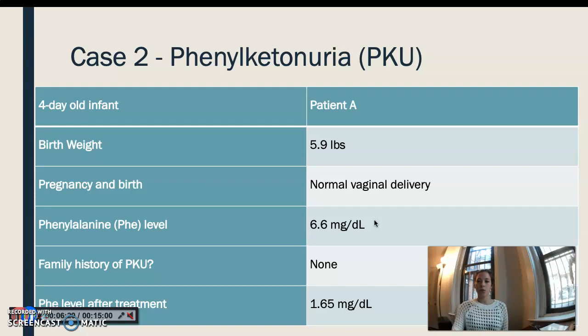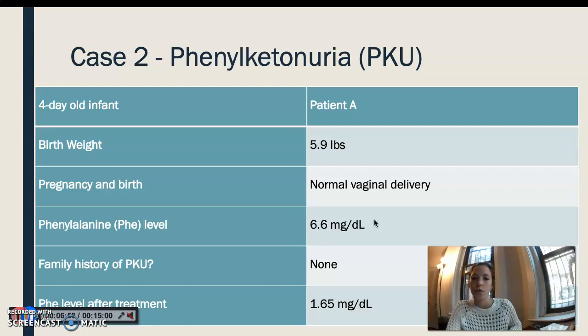PKU is a recessive disorder that increases phenylalanine levels in the blood. Being recessive, it would make sense that there's not a family history of the disorder because both parents would have to be carriers of the trait and both pass along the trait to patient A. PKU is caused by a mutation of the phenylalanine hydroxylase, or PAH, gene. PAH is responsible for converting phenylalanine into tyrosine, requiring the cofactor